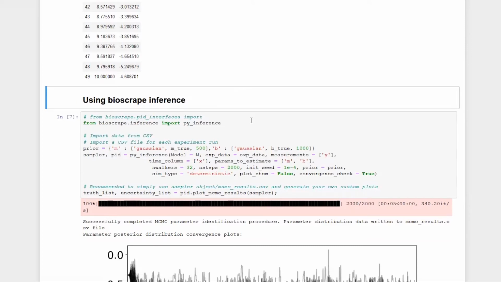Now we can directly use Bioscrape inference. To use Bioscrape inference, all you need to do is call bioscrape.inference and then import the PyInference function that we will use for parameter inference. It can take in all of the different parameters that you need to choose. So the first thing here is